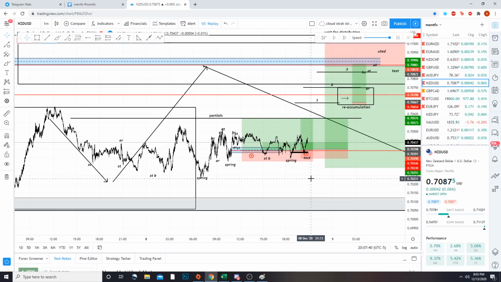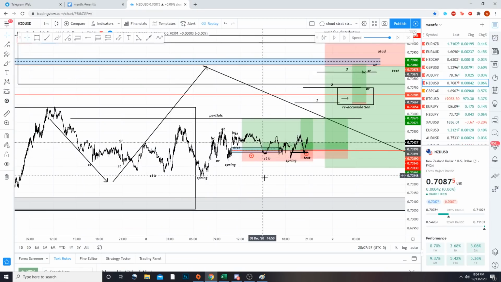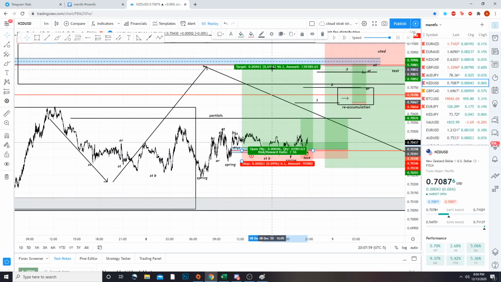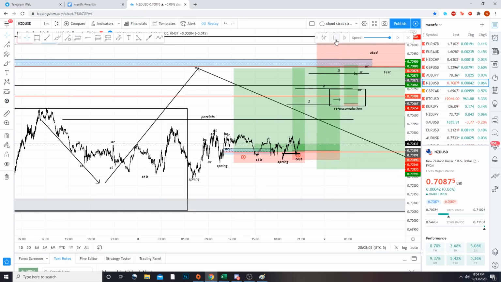But the beautiful thing is when you learn to do this, and then you get funded with a prop firm, or you have the real money, which you can do within a month, within 2 months, then you can start to employ a real trading strategy and model to your trading. And that's what we basically do and teach and understand in our community. Now, that said, we ended up catching this trade off of that spring, that test, and we had the markup.